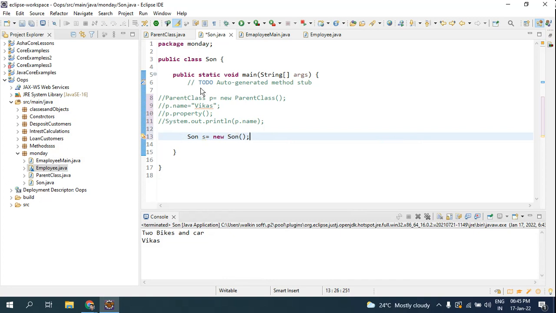In the previous example we used the parent class, so I am able to get p.name and all those things.